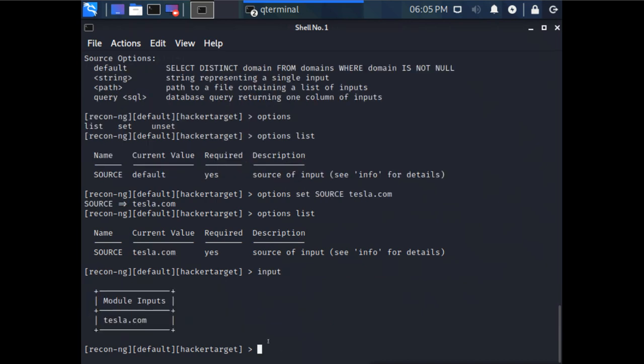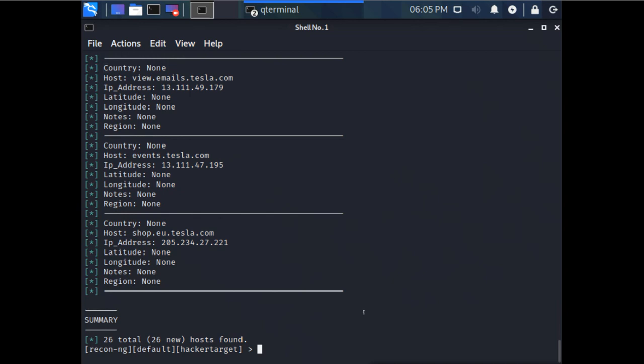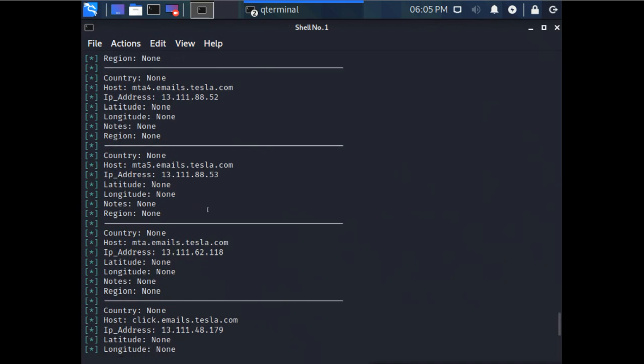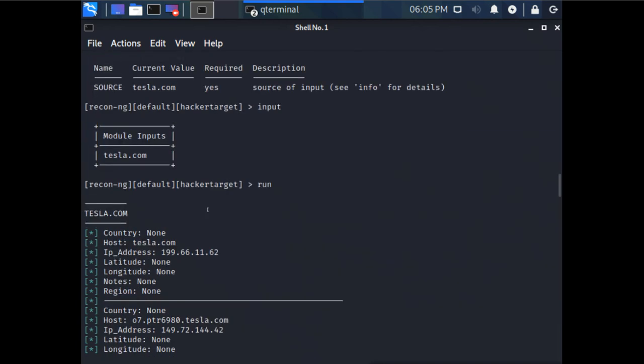When I run the module, I will give the command run, and now it is starting to do the job. And what it did here, it found 26 total new hosts, and it is actually finding the subdomains here. The country is unknown, but the host is this IP address.